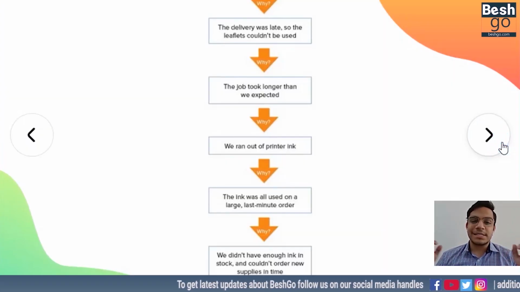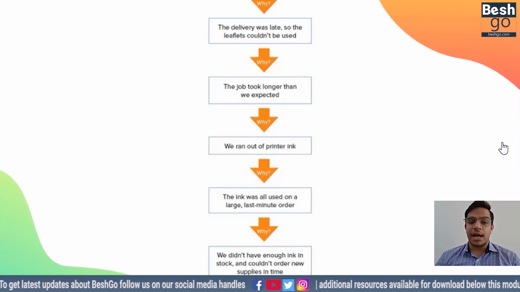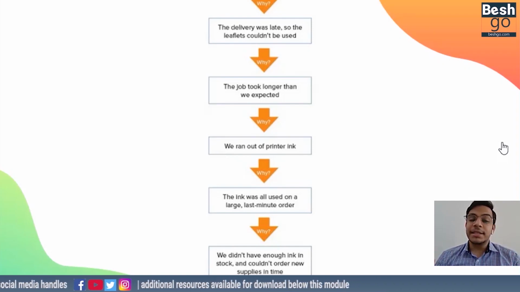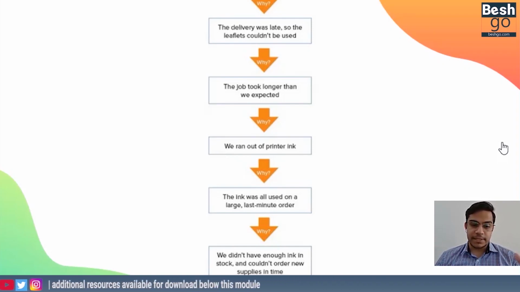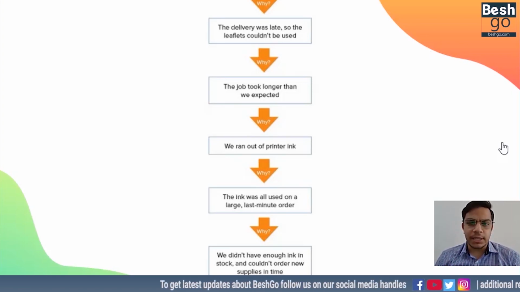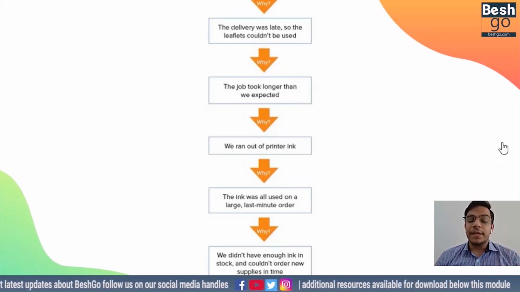So they started to implement this 5 WHYS technique. The first question, why did this happen? The answer was that the delivery was late, hence the leaflets could not be used in the first place, hence the clients refused to pay the money. Then a second why was asked: why was the delivery late actually? The job took longer than usual, which is why it was received late by the client. Why was the job done late when the operations are working? Why? We ran out of printer